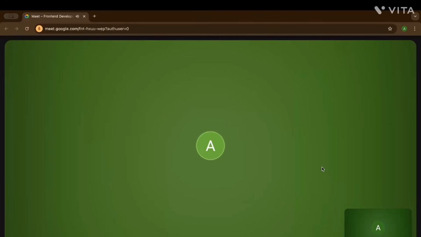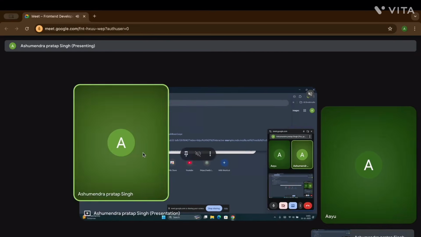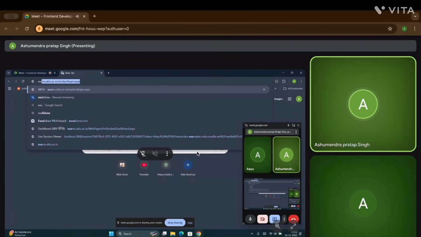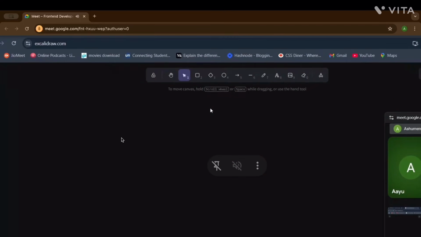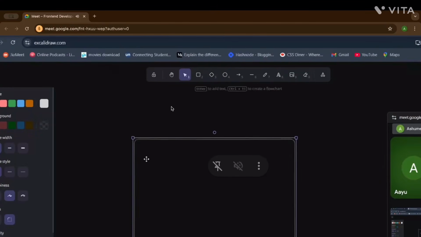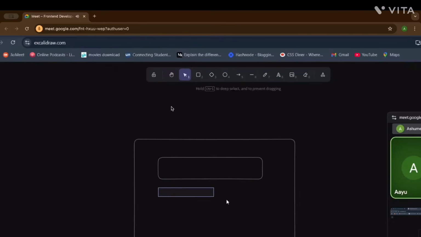Yes, let's say I go with some data and draw it; maybe it's better for understanding. Let me project my screen. Let's say we have this component and another component here.